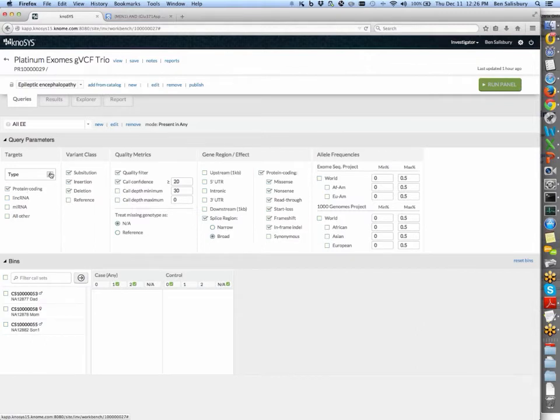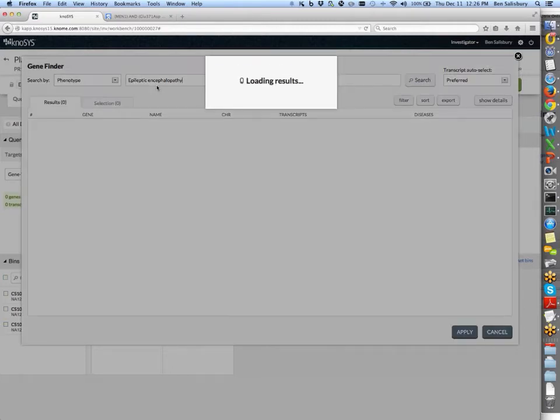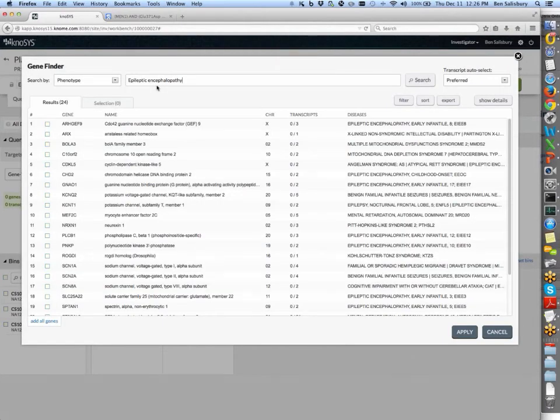Right now, it's starting off by focusing on the entire exome again by default. But let's choose to look for particular genes and transcripts. Here, we could be putting in gene names directly if you already had a list, or we could also search by phenotype. So here I put in our trait name again, and when I search, it finds a reasonably short list of results, only 24 genes.